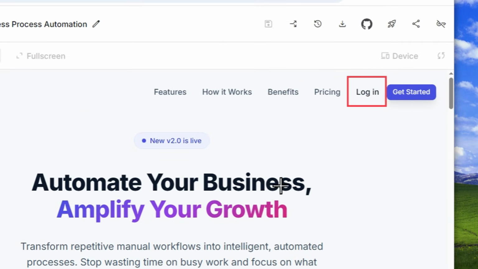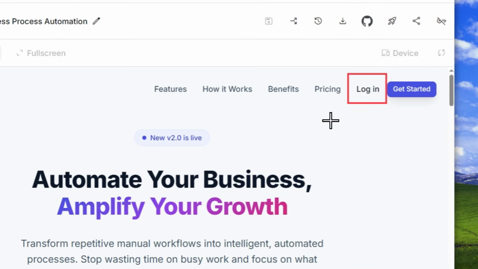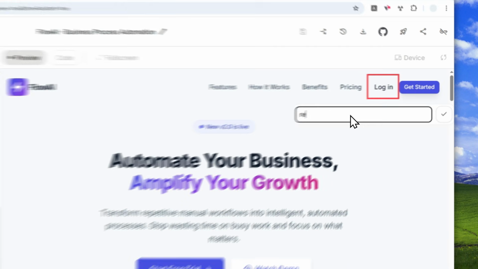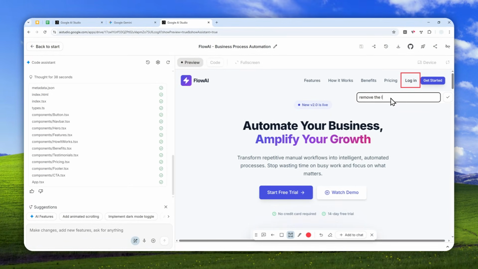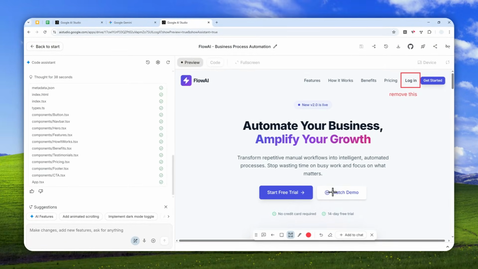area and I'm going to add some text. So I'm going to click add text and describe that to AI. Remove the login, or you know what, just remove this, something like that. Even as simple as that, AI will understand because we have specified the area. You can click this check mark, and if you want to include that onto your next prompt, you can click